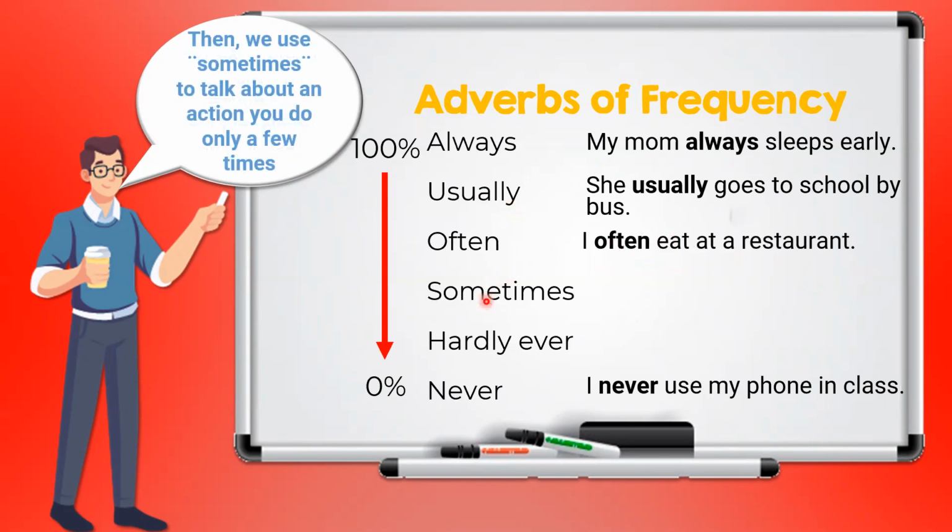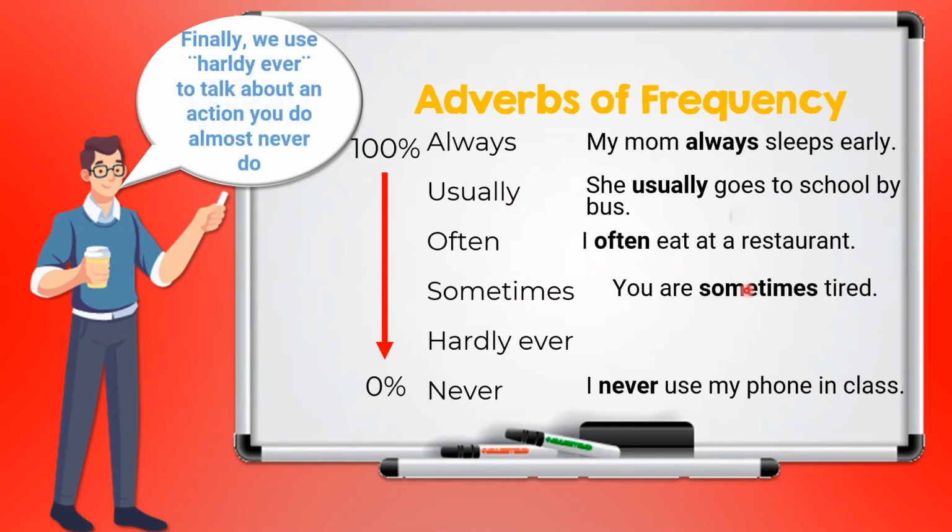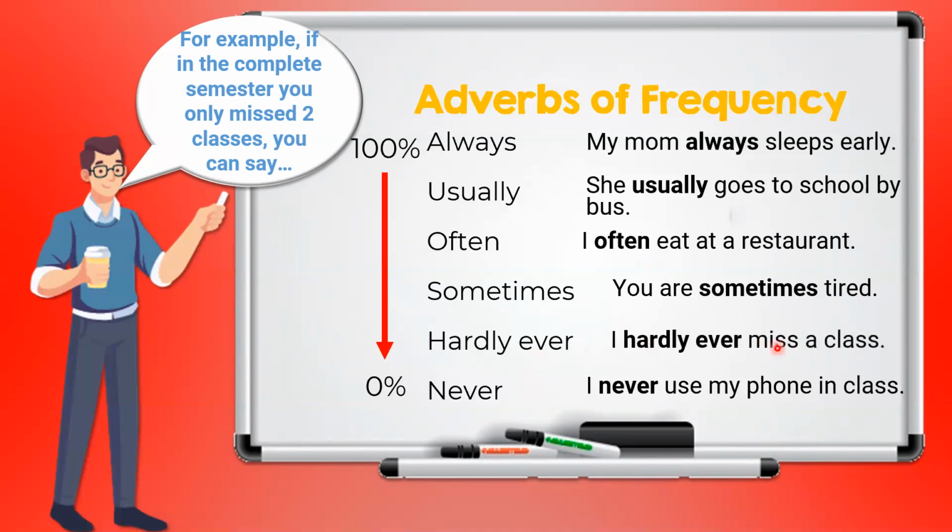Then we use sometimes to talk about an action you do only a few times. For example, if I am tired only one day every week, you can say, I am sometimes tired. Finally, we use hardly ever to talk about an action you almost never do. For example, if in the complete semester you only miss 2 classes, you can say, I hardly ever miss a